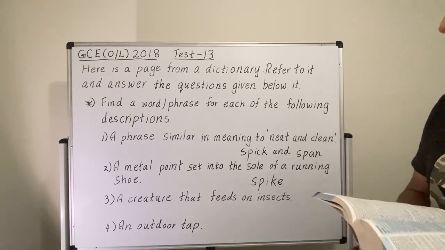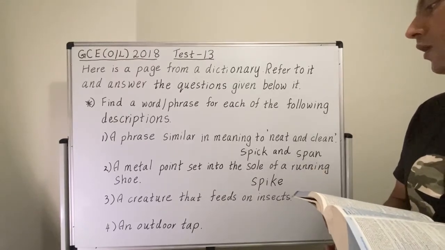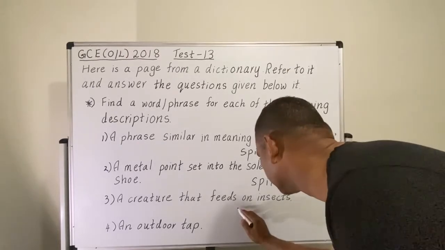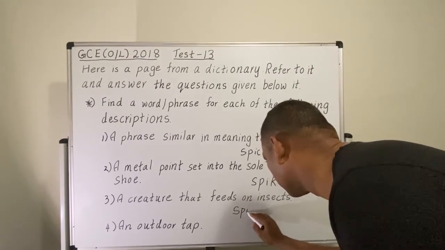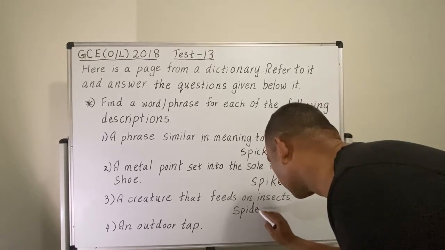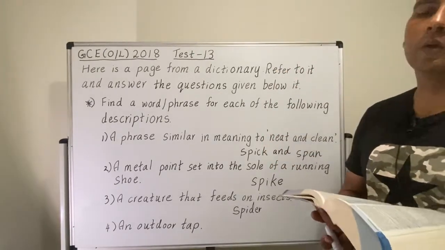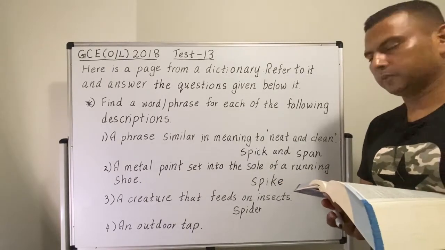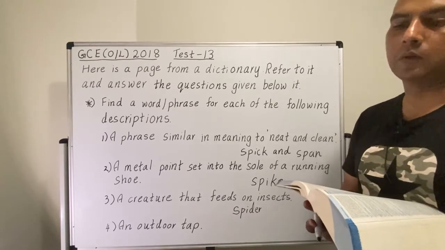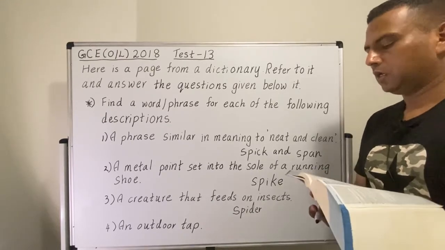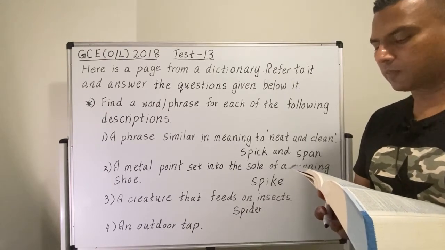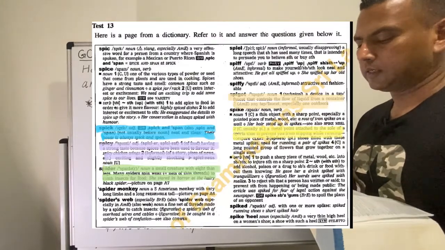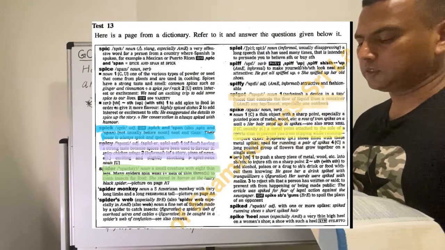So the word that you have to write for the creature that feeds on insects is spider. If you can't find that there, you can see I have highlighted that in green. Okay, so the fourth one, an outdoor tap. If you look at the one that I have highlighted in orange, there's a word called spigot. Okay, spigot. What it says as a meaning, it says it's a noun, a device in a tap